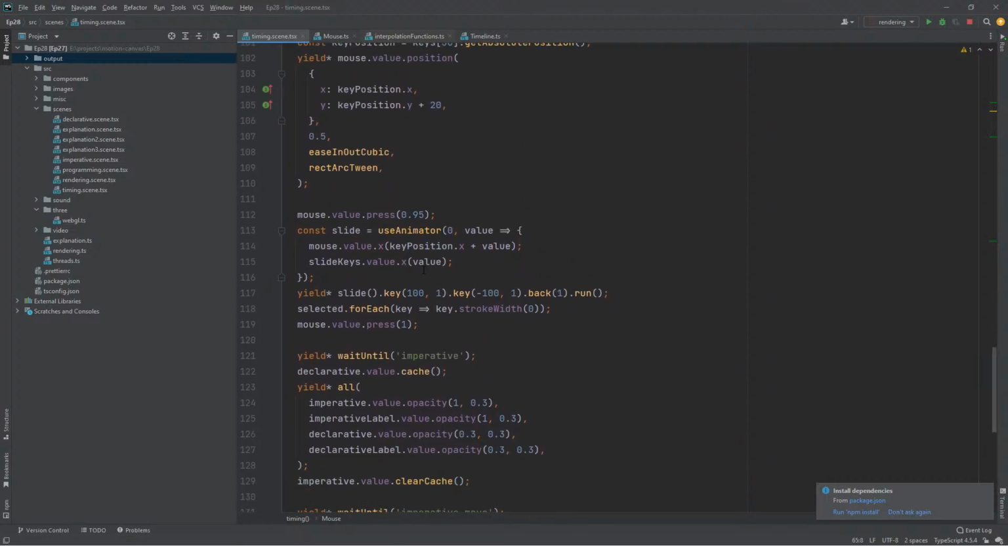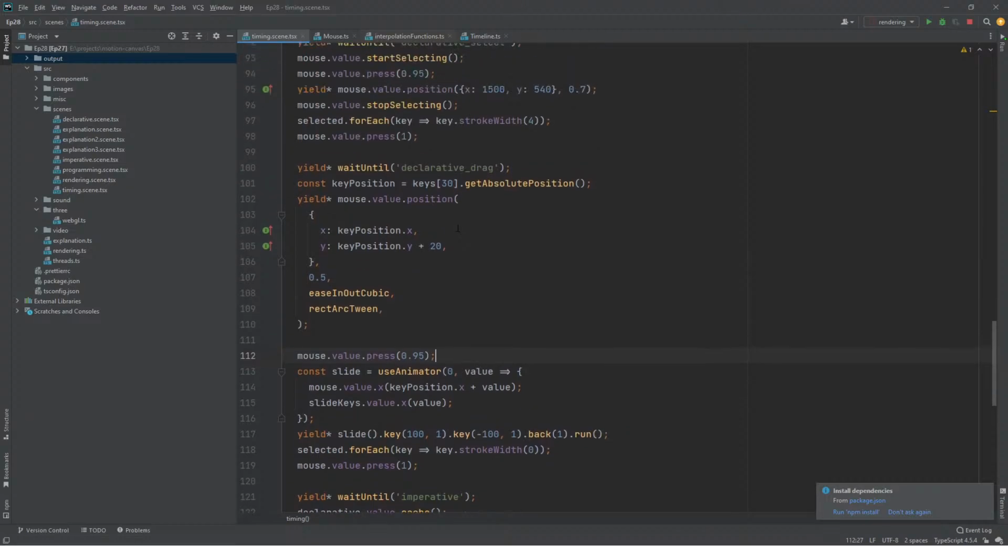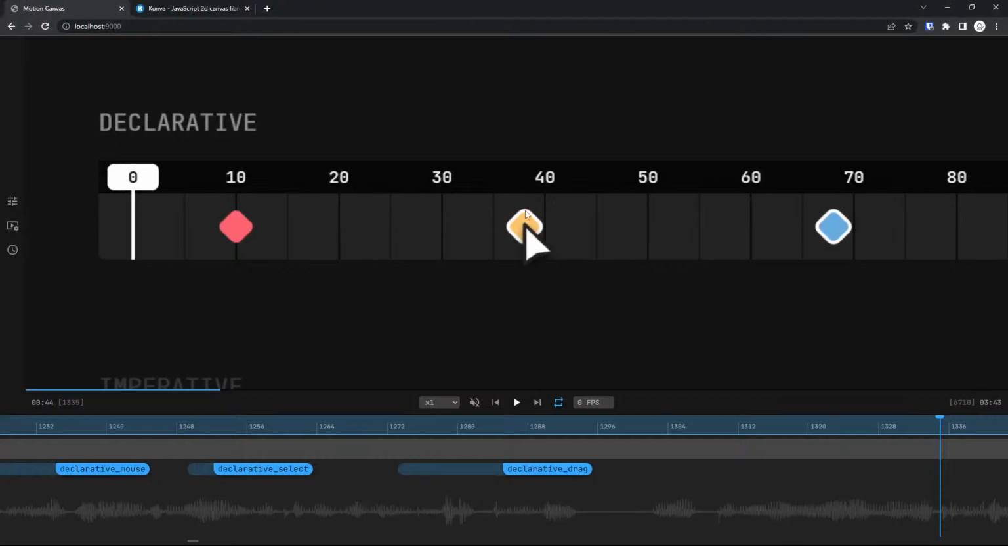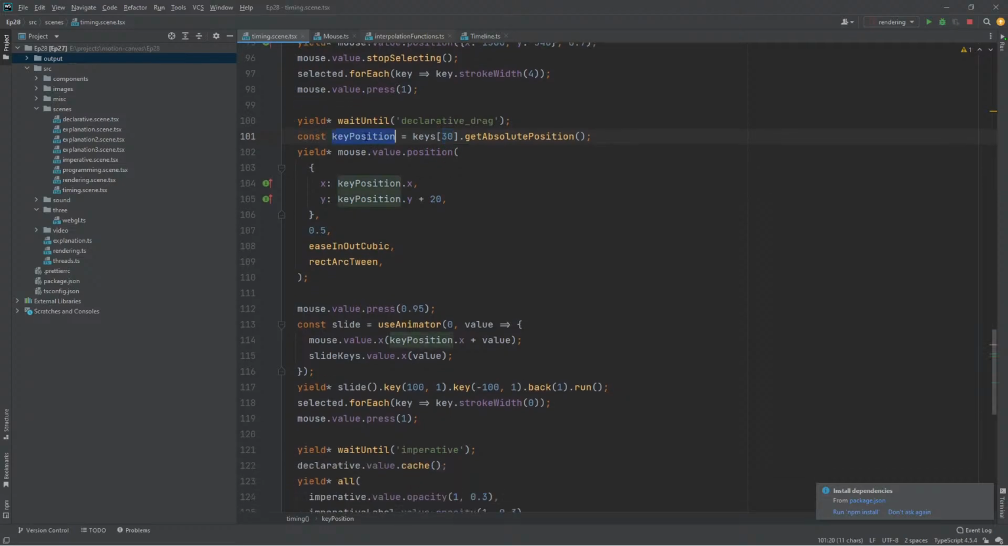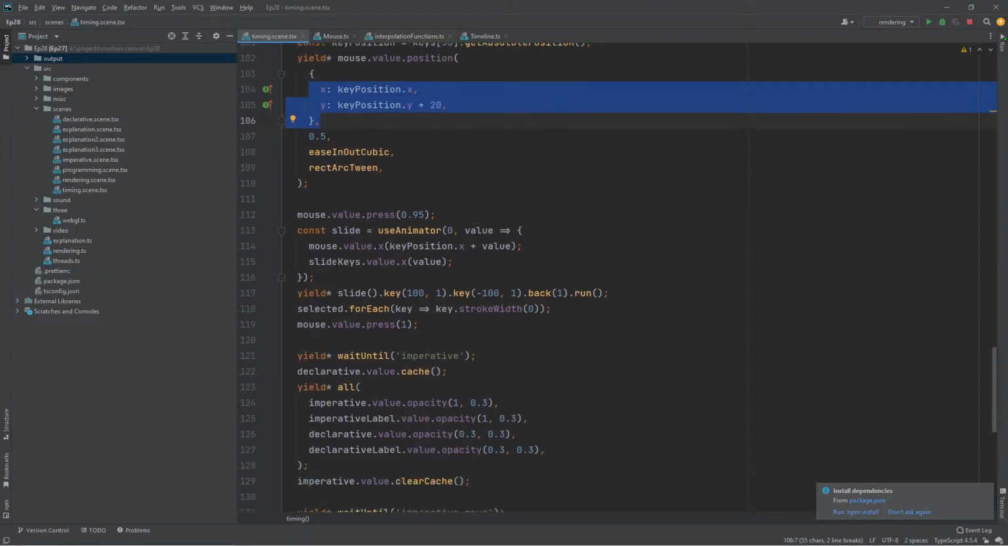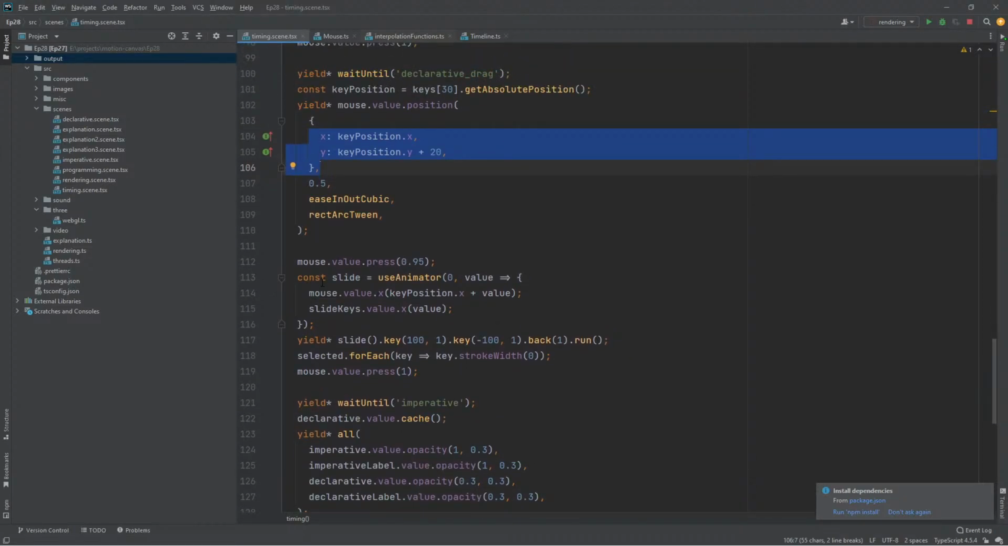So where does this happen? This happens right here, after we selected our keyframes. And this is something somebody asked about. I'm getting the position of the keyframe at the 30th frame, which is this yellow keyframe, right? Because it's right here on frame 30. I'm saving this position as a variable, and then I'm moving my mouse here and creating